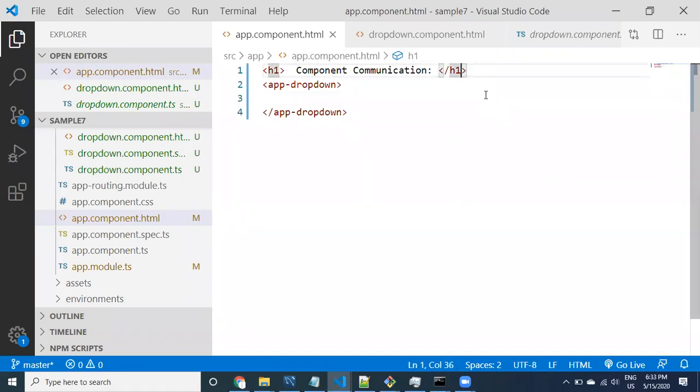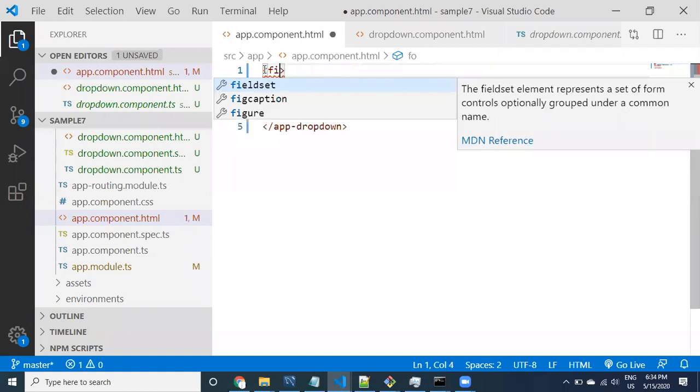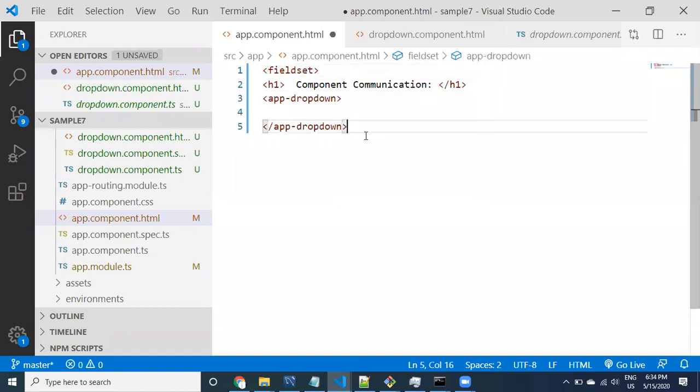Let's try with the legend. Just look at it, guys. I just want to provide one field set.